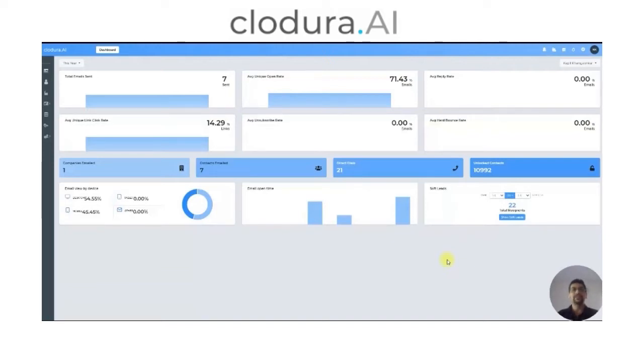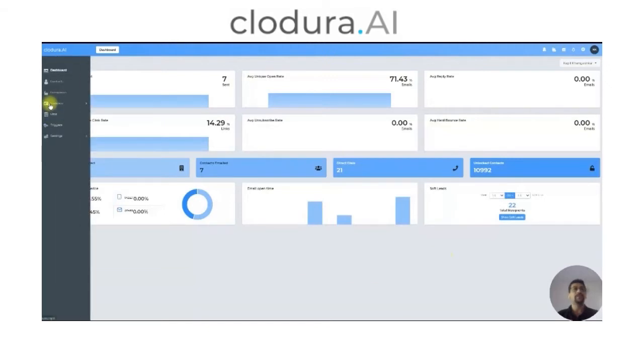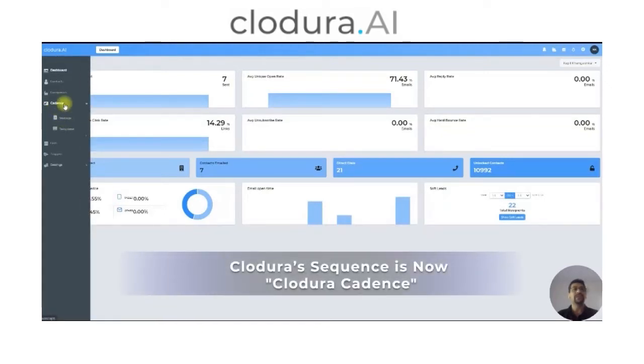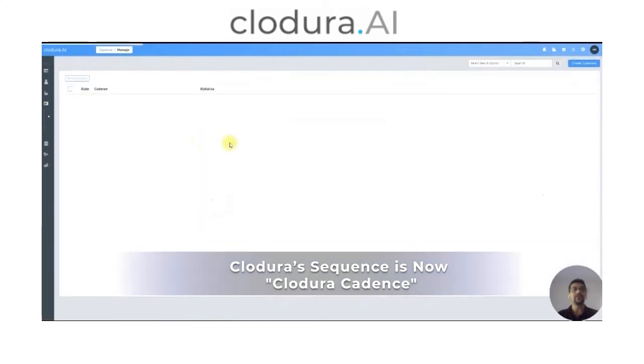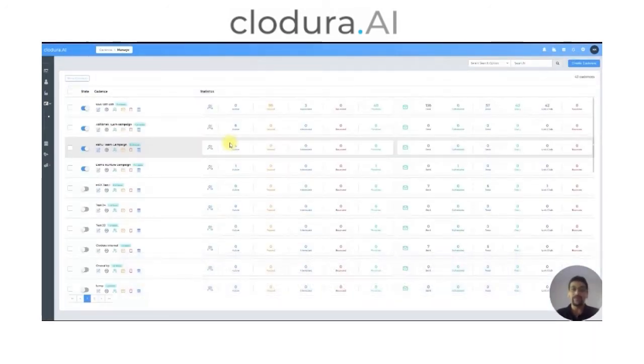One of the predominant differences in the cadence, if you go here, this is where you can see cadences, and here where you can see manage. One of the predominant things that we've changed in cadence is that in your current use case, you design a sequence once, and whenever you have to add new contacts every day, you also have to create new sequences. While the contacts are new every time, the sequences actually do not change that much. So what we've done is we've created something called constant cadence.